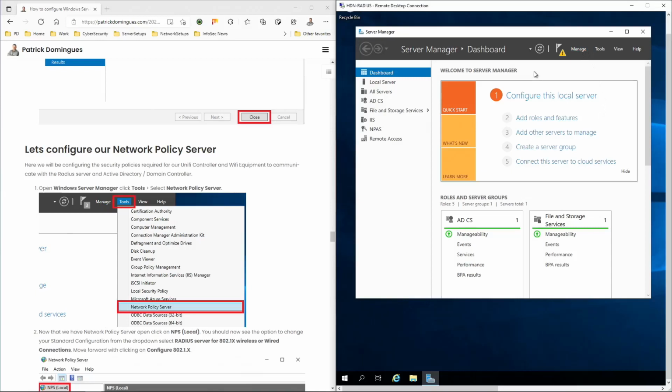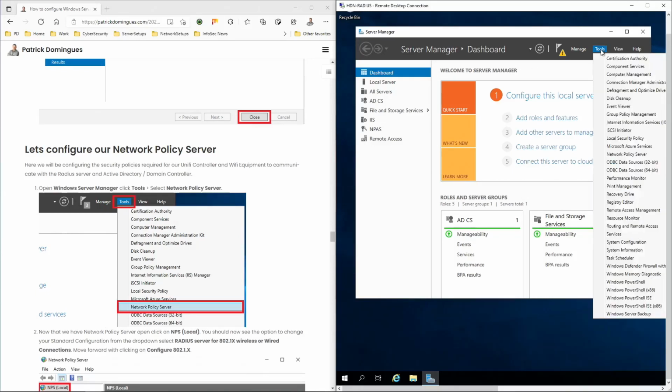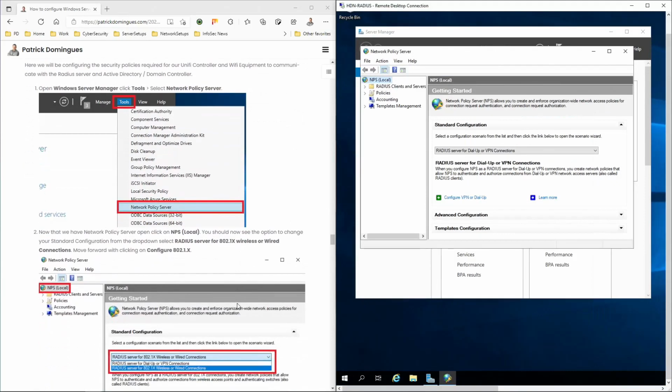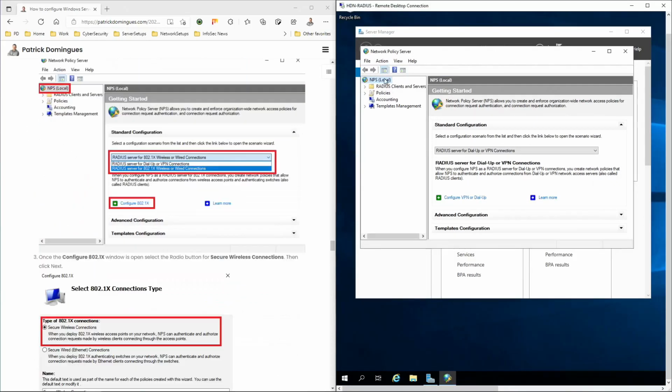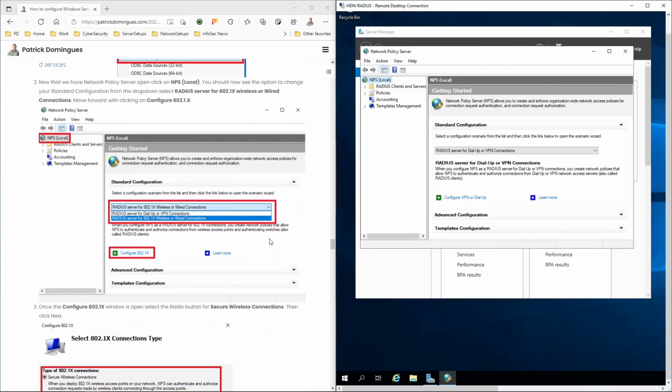Now let's go ahead and make sure you have Windows Server Manager opened again. Here at the top right, you'll want to click Tools, locate Network Policy Server. Once your Network Policy Server is opened up, we will get started with setting up a standard configuration for your Radius server. Now here in the middle of this field you have standard configuration. You'll want to click on the drop down and click Radius server for wireless or wired connections. Once that's selected, click on configure